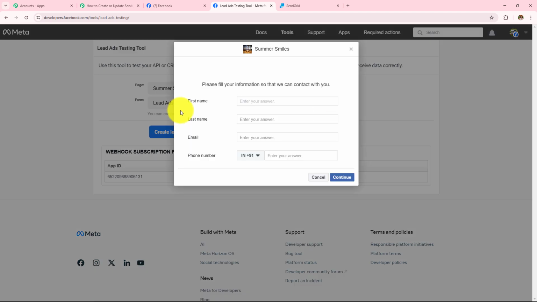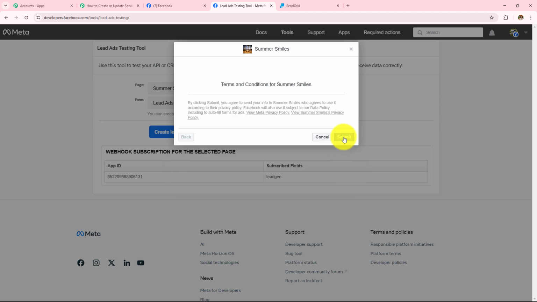So here this form has opened in front of me and I am going to fill some dummy details in all these fields. So here my first name is, let's say, latest. My last name is user. Then my email address is latest432@pabblytudes.com. And then my mobile number is this. Here I have entered my first name as latest, last name as user, email address as latest432@pabblytudes.com, and the phone number is this. Now I am going to click on this continue and then click on this submit.